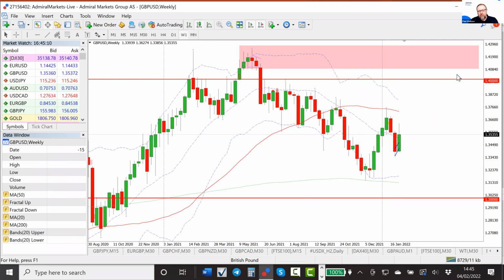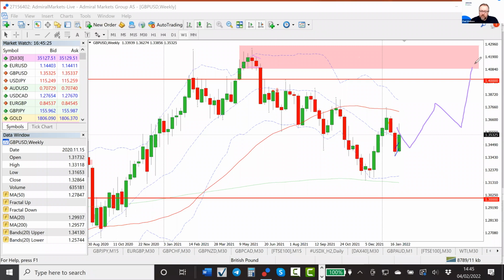What I'm interested in is when I see price getting up towards this zone, it reminds me that this is a supply zone, so I'll be looking for ideally sells here. And let's just draw the tool here. So price actually comes up here in, let's say, 6 months' time,